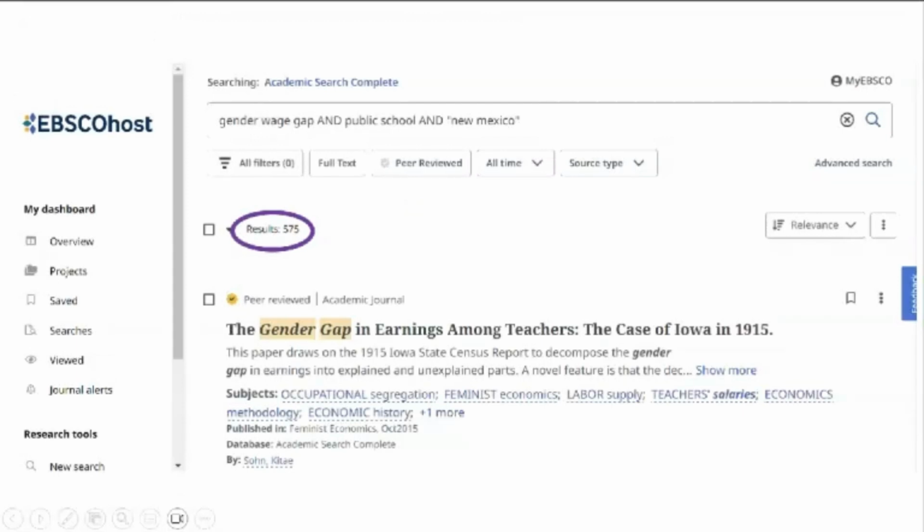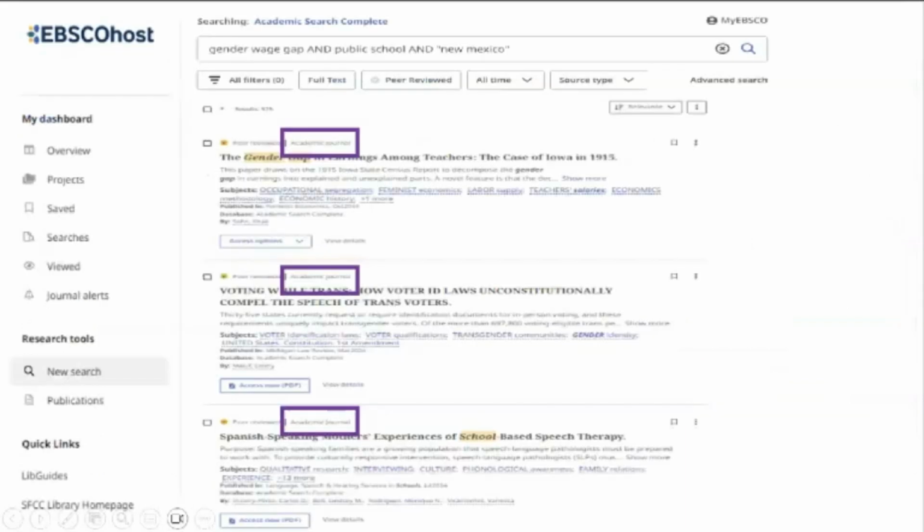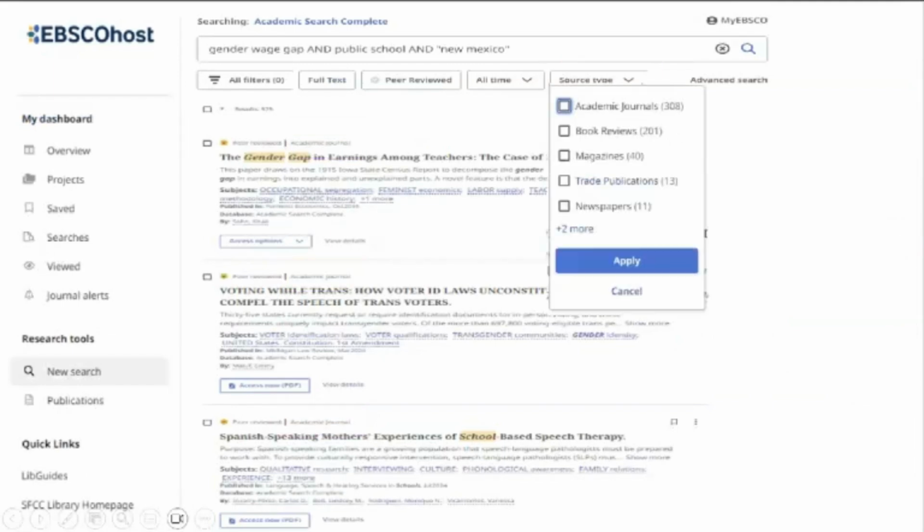So we have 575 results. So what exactly are we looking at? What are these results comprised of? It just so happens that the results on the first page are all from academic journals, but if you click source types, you'll see that there's more than just academic journals. We've got 308 academic journals, but also 201 book reviews, 40 magazine articles, 13 trade publications, and 11 newspaper articles. So if your instructor requires you to find and use certain source types, you have the ability to narrow your